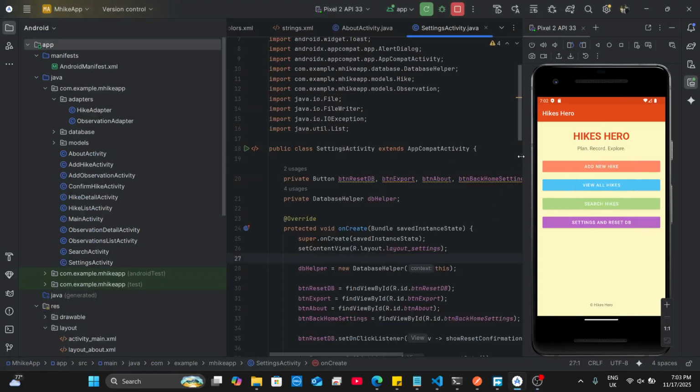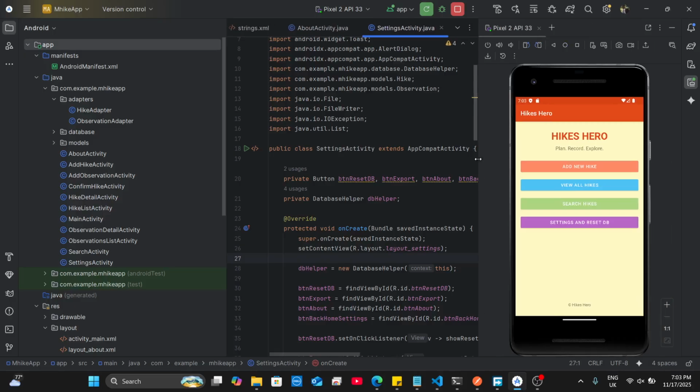Okay, so the application is pretty simple and straightforward. Here I'll just go over the features as explained in the coursework specification. I'm calling it Hikes Hero, and the moment it runs, it creates a database if the database doesn't exist, and then launches on the home page, which has these four